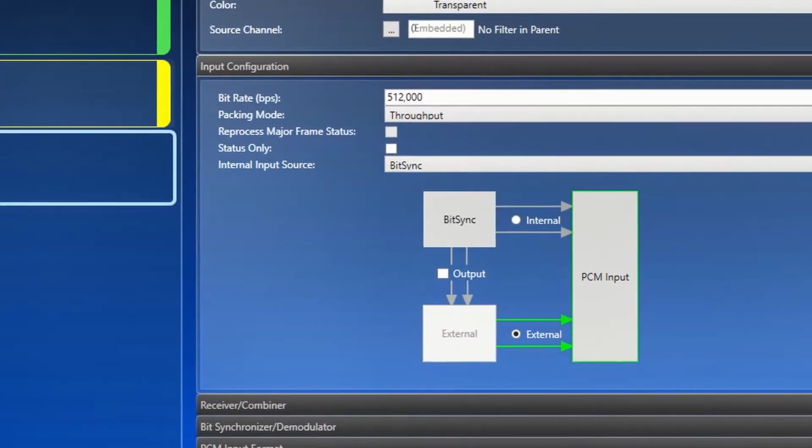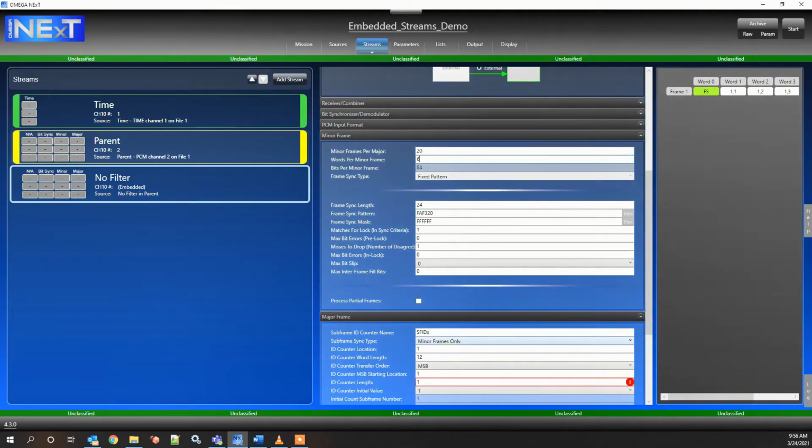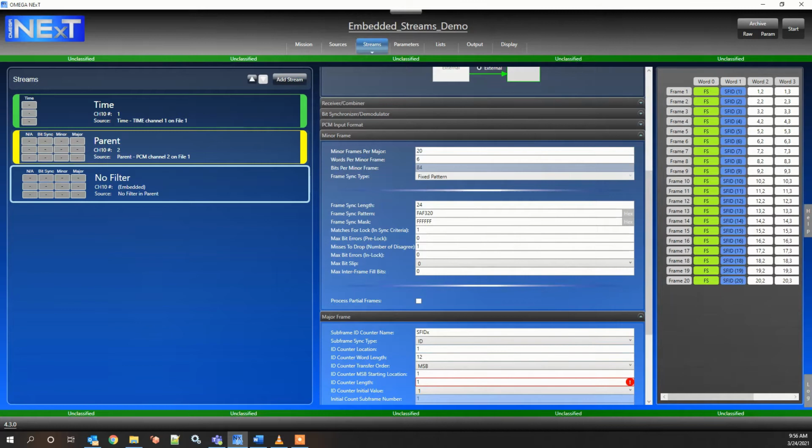Now, you will need to set up this new PCM stream according to the frame geometry for that stream. The frame geometry, common word length, number of minors per major, words and bits per minor, etc. are completely independent of the parent stream. Remember that no filter means the embedded data is always present, but often the embedded data is only available some